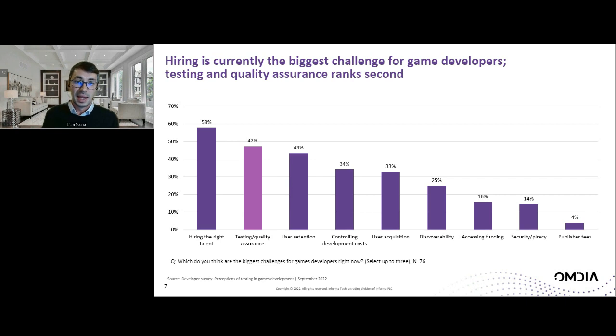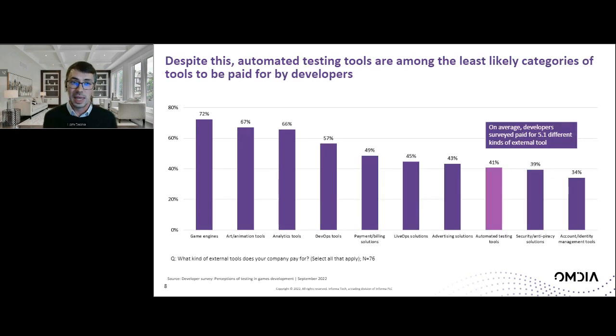So if we look then at the types of tools that developers are using, just to understand what solutions are out there that are being used to address these challenges in general, to tackle the business of game development. We can see a really wide variety. I think we gave a bunch of different options to the survey respondents. On average, they picked more than 5 that were being used.